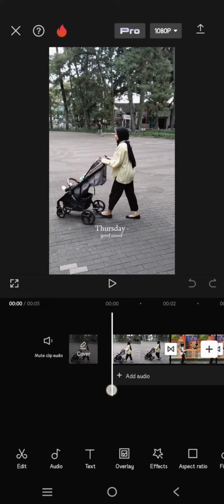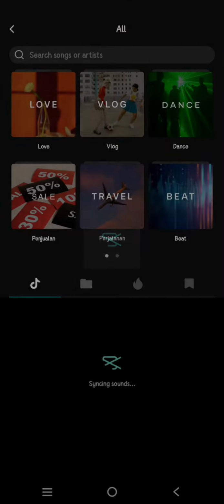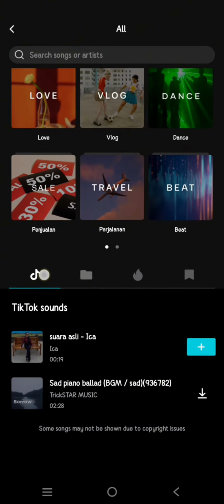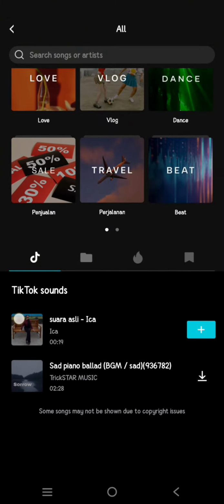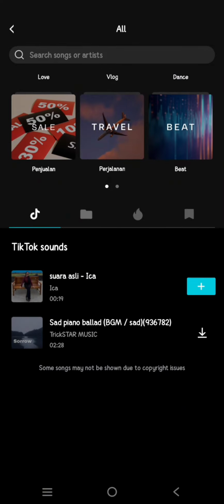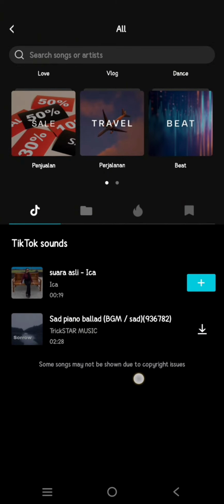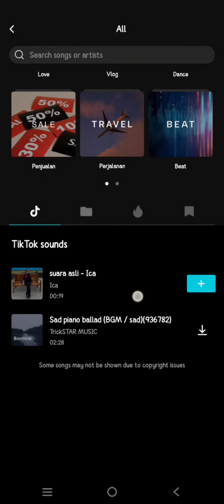And here, click on the add audio sound. And here click on this TikTok icon at the sound menu. But you need to know that not all songs that you saved on TikTok will be shown here on CapCut because it might have a copyright issue. Okay, you can see in here some songs may not be shown due to copyright issue, but there are two